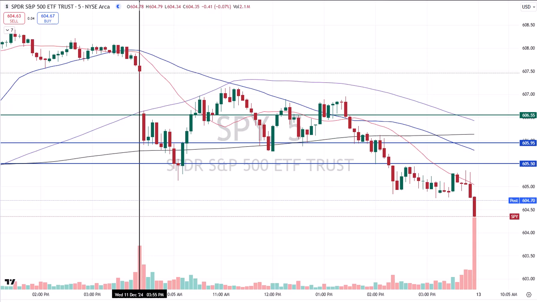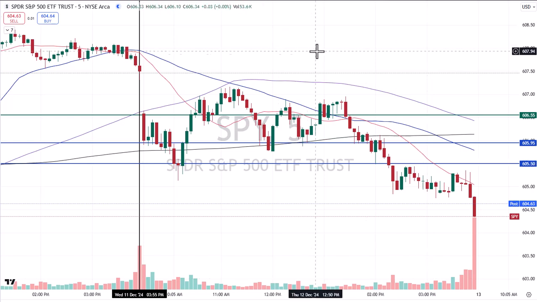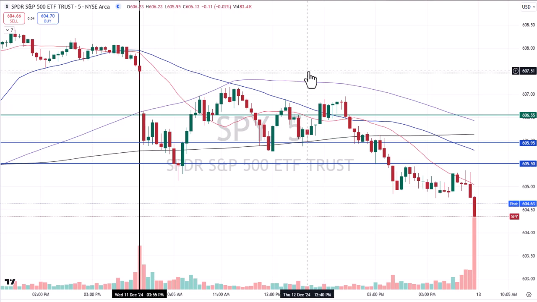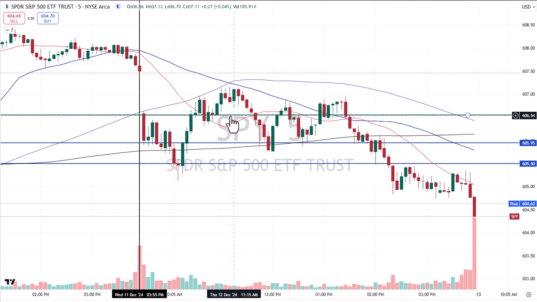Now, here's the other thing that's important to realize. Even before I let you see the rest of the notes for the day, it doesn't even make any difference. We know one thing's important about a pivot. What's the pivot? 606.55. It's the green line. Important about the pivot is above, she's bullish; below, she's not. So as long as she gets back below the pivot, even if you were long, you know where the trade becomes wrong again, because she's not above the pivot. Very hard to hold on to a long trade while she's below the pivot.